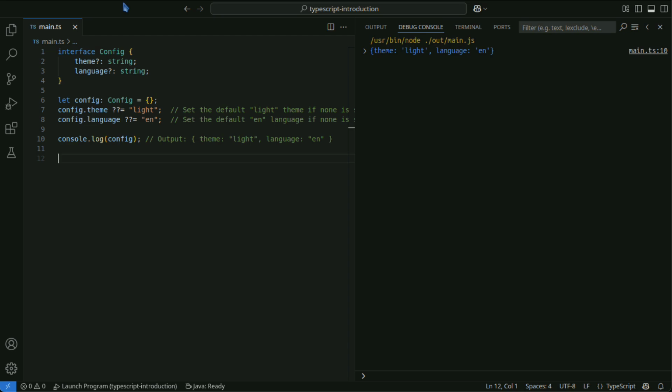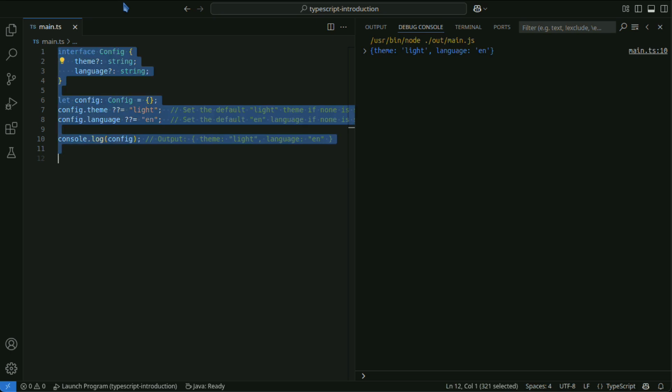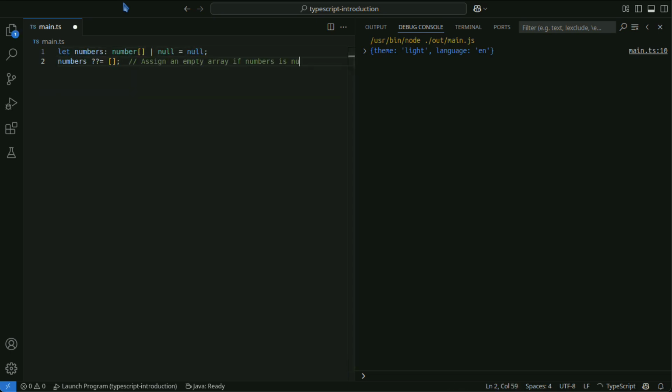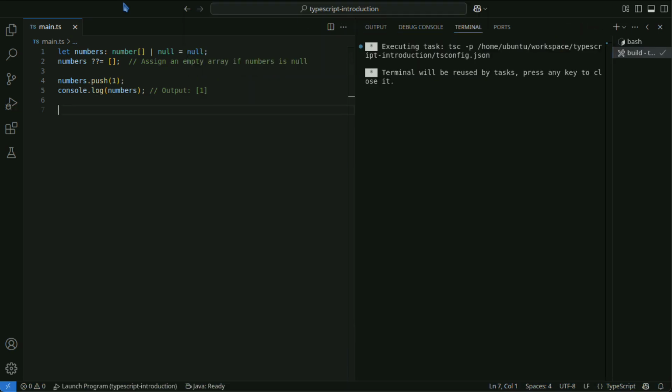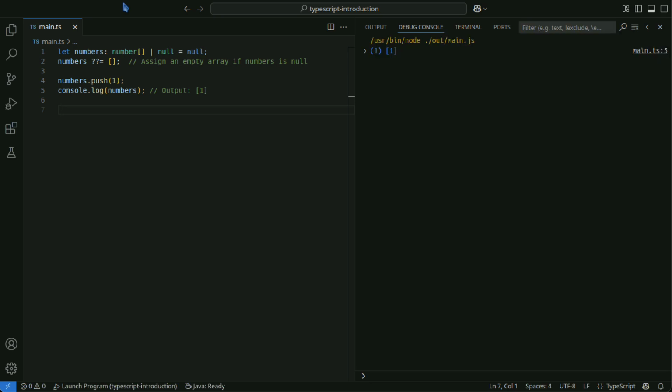Let's also look at an example of initializing an array. An example of setting default values for function parameters is as follows.